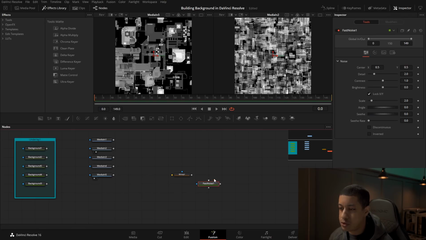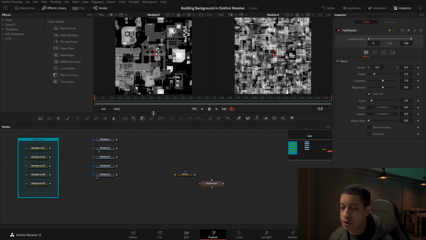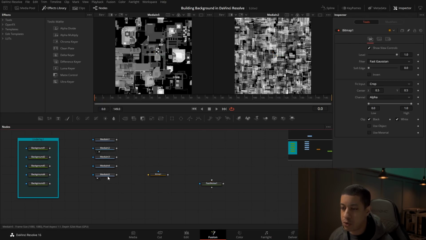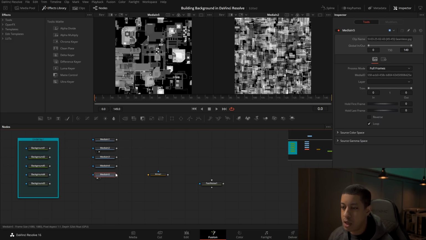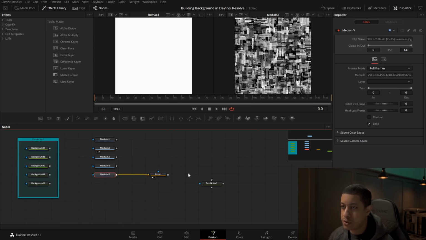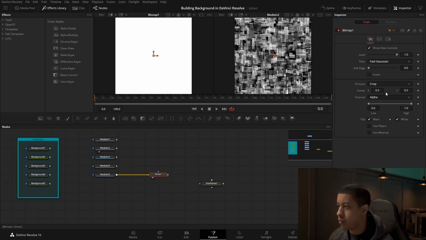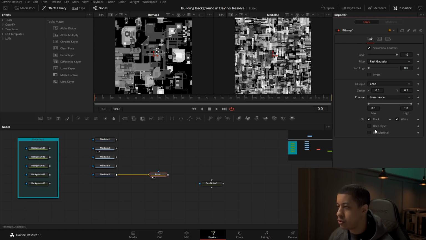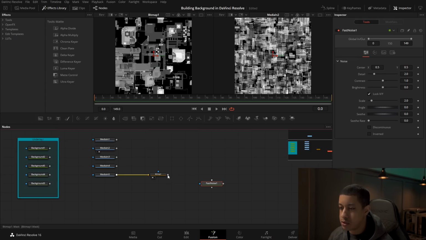So here are the 2 tools I'm going to be using. One cool thing you can do with this is first we're going to take this image and go into a bitmap. So if we view the bitmap here and pick over here, we'll go to luminance. So now we'll just have a solid value that we can then feed into a fast noise. We'll feed it into a fast noise, let's say there. That's going to be the lightness control or brightness. So we would just drag into here.